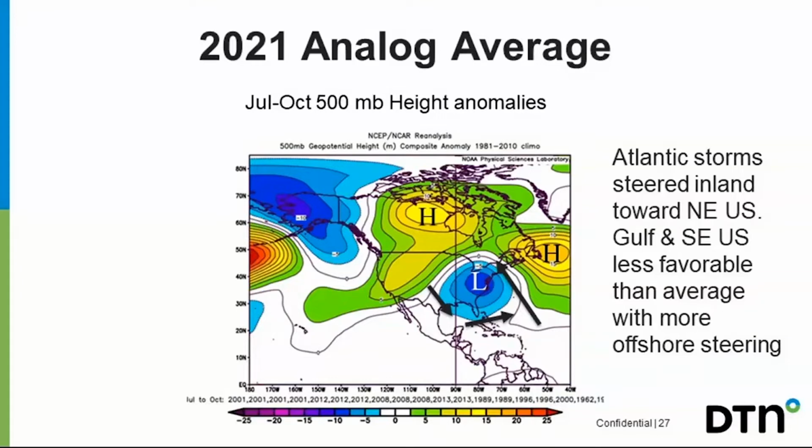You can't move it out of the way, and the storms can't go through it. So it'll be steered northward. So that's more of a favorable pattern for right along the east coast and the northeast part of the country. So this is something that we'll have to be mindful of as we go through this season. Even though we'll get the recurving storms, doesn't mean they're actually going to recurve and go off to the east